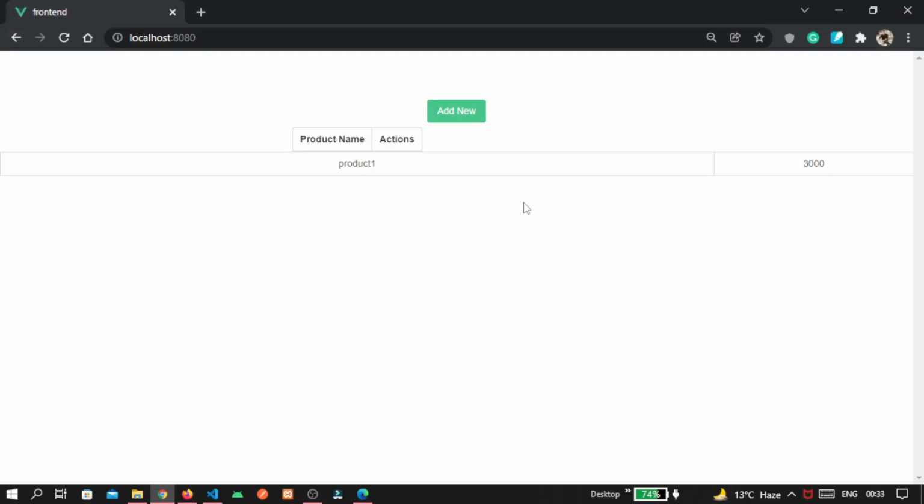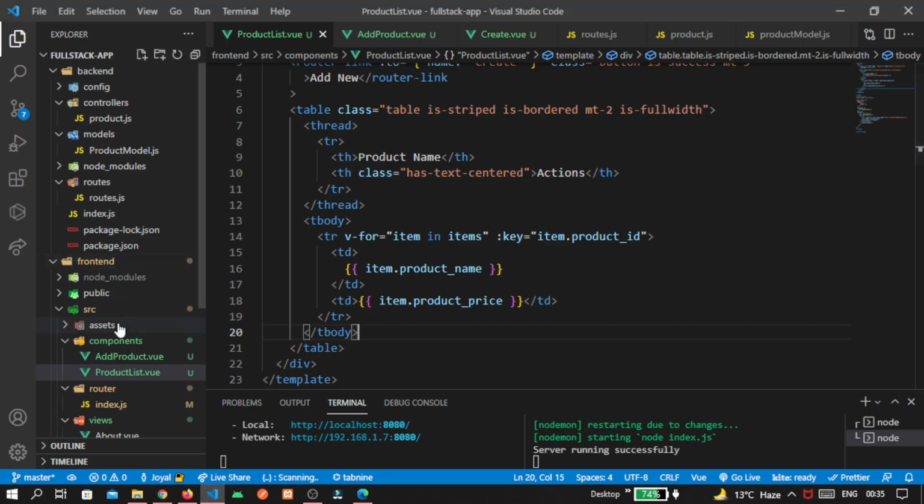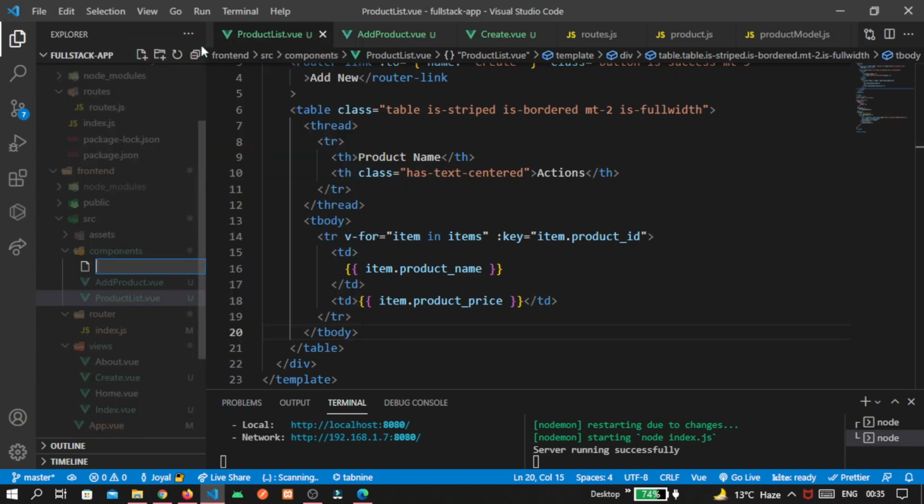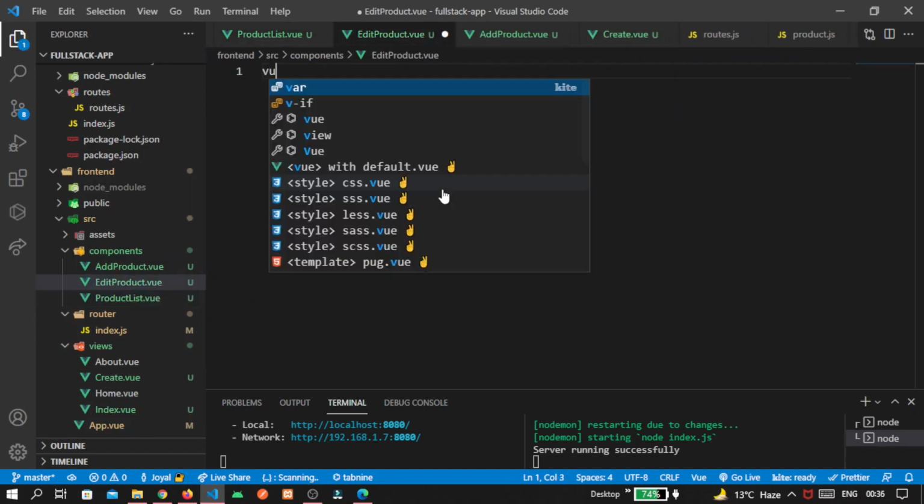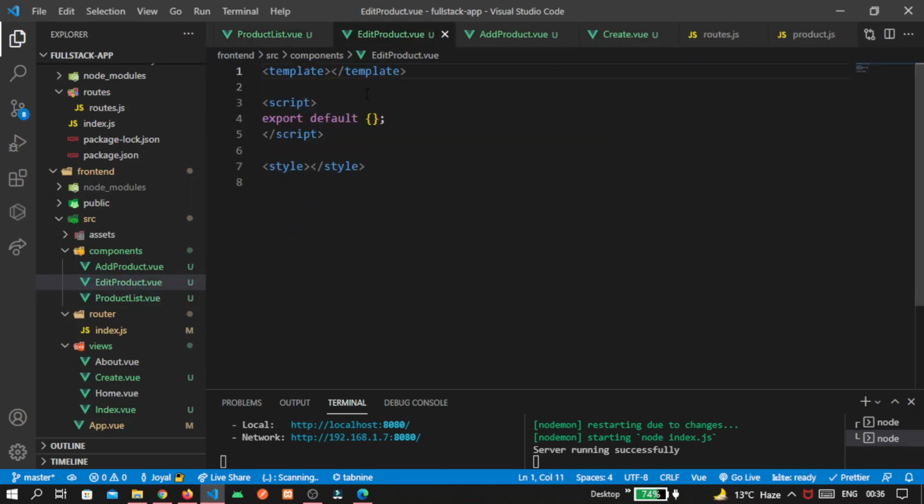Then let's add another thing inside this action. With the help of the button, we can update the product name and product price. So for that, I am creating a new component, named EditProduct.vue. Define our basic structure. For our checking purpose, I am writing this hi inside a div tag,